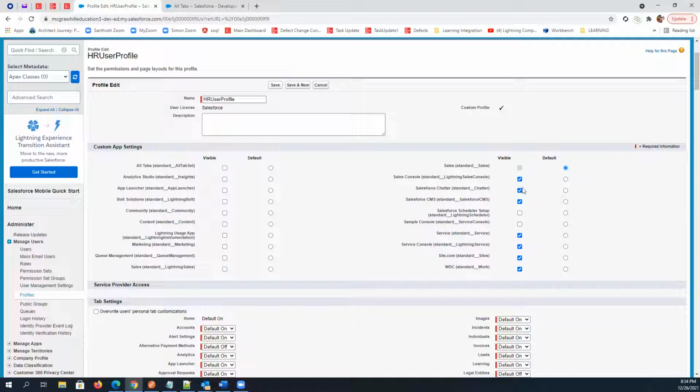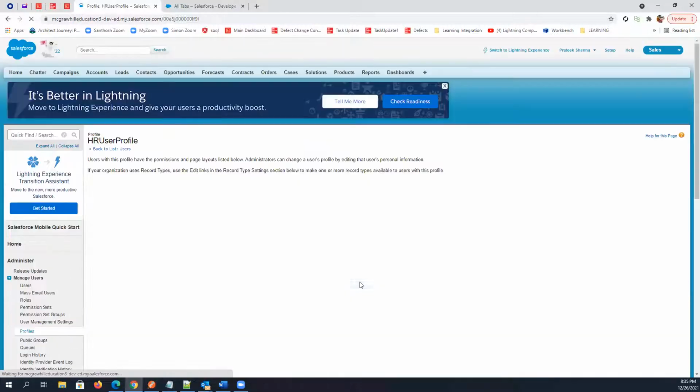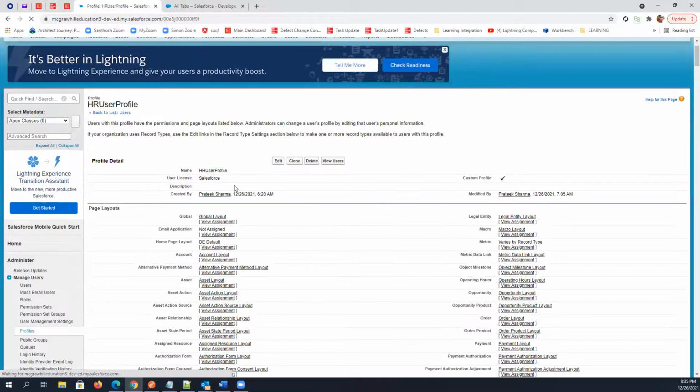So I'm just giving this sales app. Why is it disabled? Because it is coming as default. So if you change the default one, it will allow you to change, right? So I have removed the permission from all other applications for this profile and just hitting save. We have created the change.